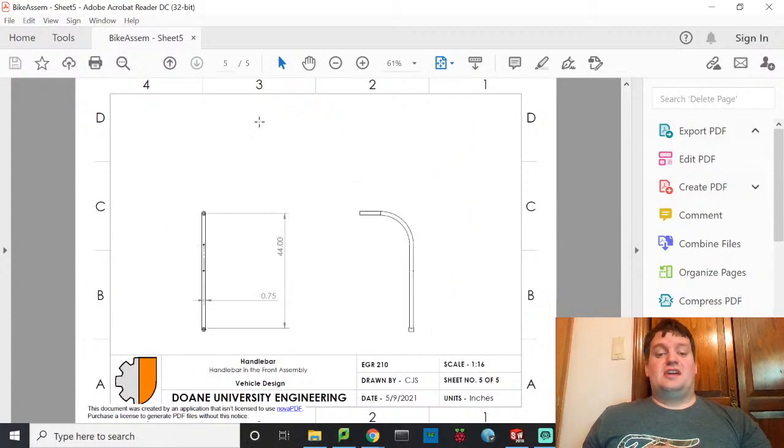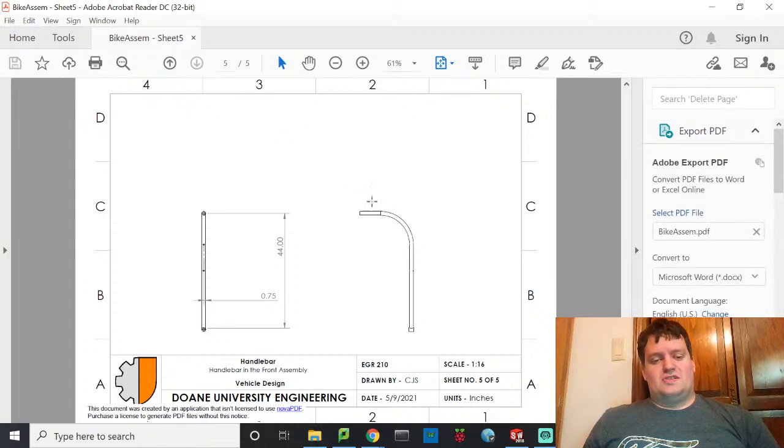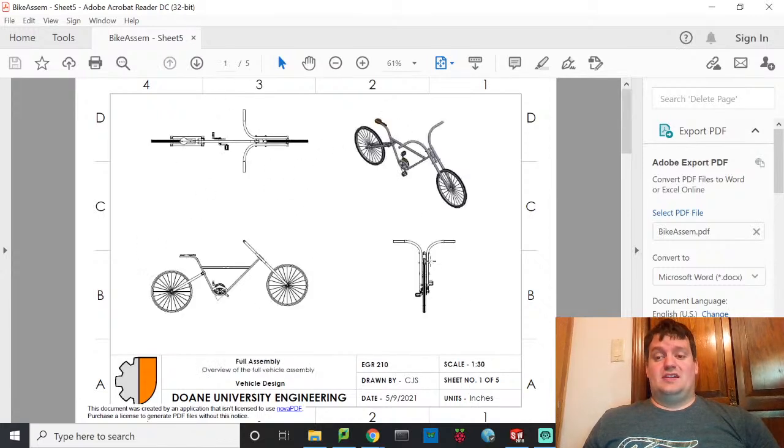Okay. You'll need to add all of your parts, or at least most of your parts, into your drawing, and you should have your drawing file for each one, well, at least for your proposal. Might be a nice idea for you to include the overall assembly with the dimensions. I lost my dimensions, but include the overall assembly. It would be a good idea to include something like this on your poster, but most of you should have had your posters handed in by now, so that's a different story. I'm not requiring that. I wish I would have given you this video weeks ago, but good luck on